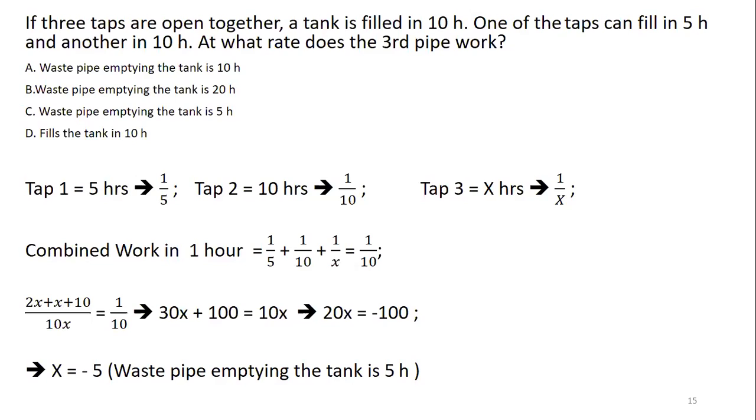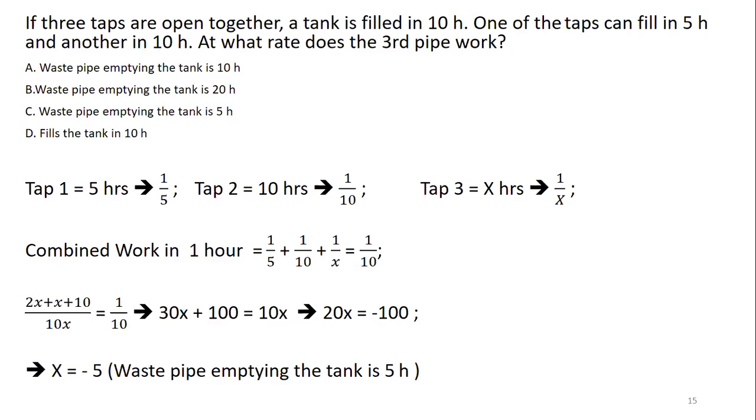So now without pen and paper also we can solve this question. How? Because one pipe fills the tank in 10 hours, another pipe fills the tank in 5 hours. Now, if the third pipe is also open, that is the first pipe 10 hours, second pipe 5 hours, third pipe we don't know. If all 3 pipes are open, again it is taking 10 hours. So that means the 10-hour pipe is doing the work and it is taking 10 hours. Now the efforts of that 5 hour pipe are being nullified by this third pipe. That is, this is a leakage pipe.